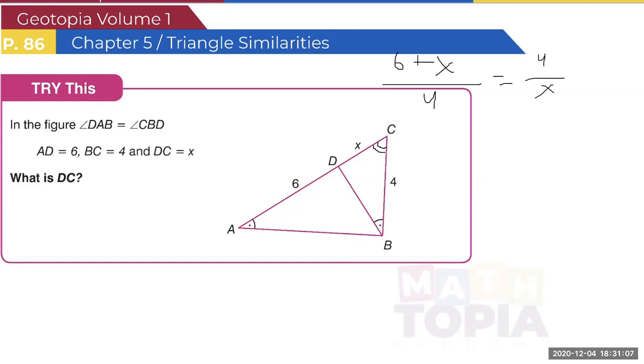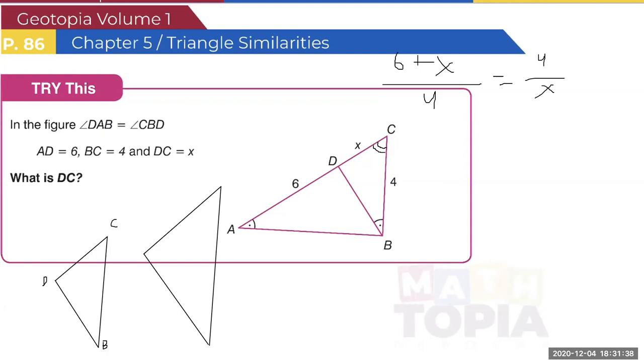Can you one more time write the letter and row? So this might be a little bit confusing. I'll draw the triangles separately. So here's that triangle, and I will take ACB and we'll kind of flip it like this. So we have this triangle, DCB, and we have ACB,